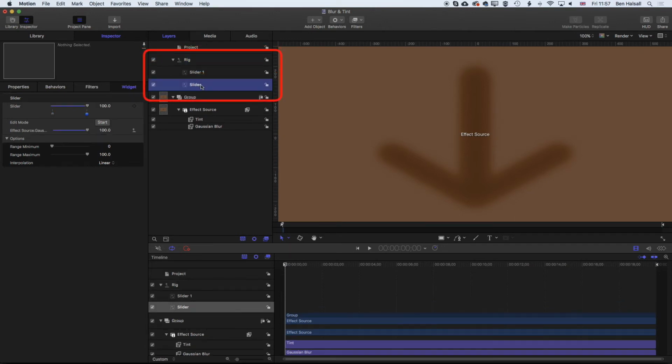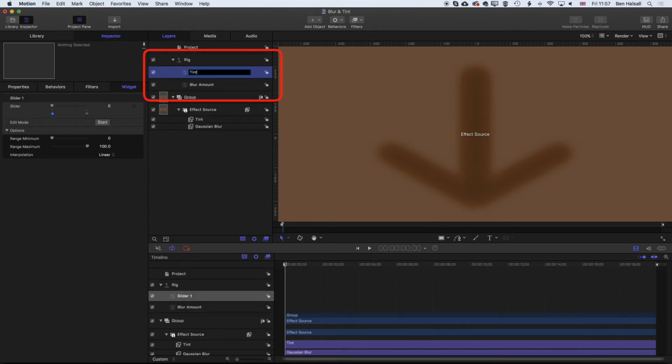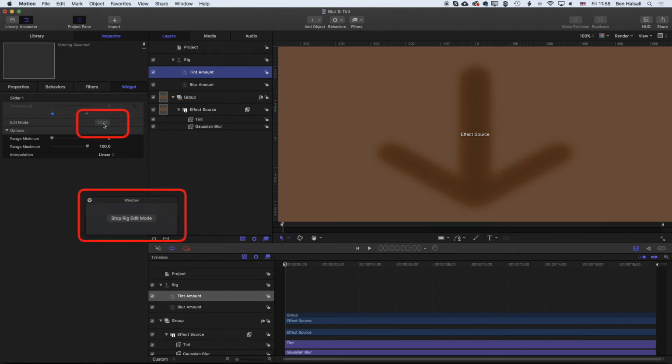And at the moment our sliders are called Slider and Slider 1. I'm going to call this one Blur Amount. I'll call this slider 1 Tint Amount. So we'll be able to control the tint or the amount of tint with this slider, so we can have a little bit more color in our image, or we can have a full tint color. So now with the tint amount selected, we're going to press Start on the edit mode again, and then we'll